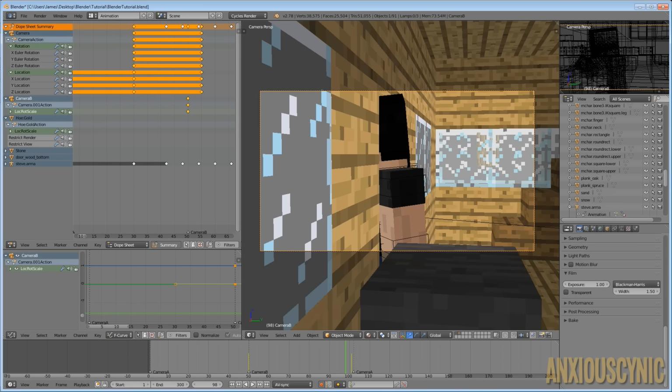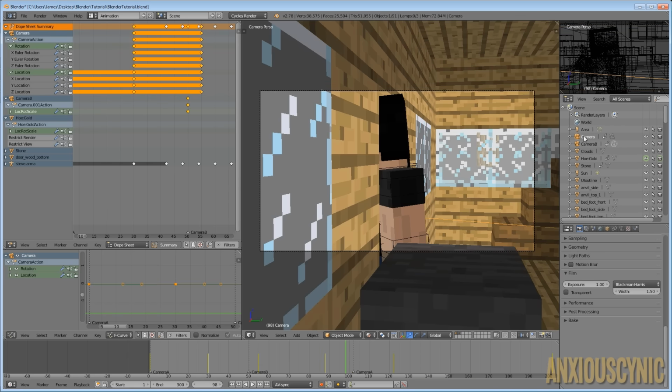If we can find the other one, is it right around here somewhere? Yeah, there it is. All right. We can double click on that, and then I'm just going to hit A on there and make it camera A. So that way now we have the corresponding things to our markers as well. So that's something you can do as well.